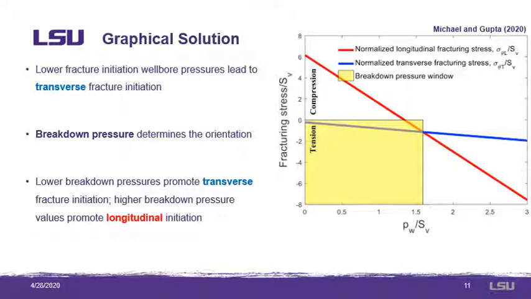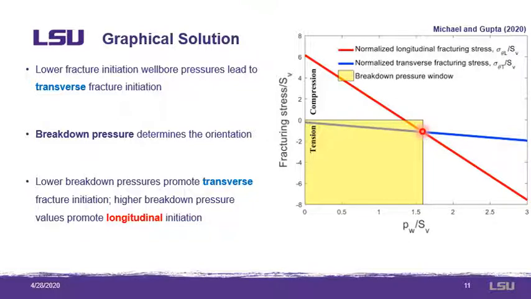When we plot those two fracturing stresses against the wellbore pressure, which by the assumption I mentioned earlier is equal to the perforation pressure, we see the red longitudinal fracturing stress starting from a highly compressive value, becoming more and more tensile as wellbore pressure increases, whereas the blue transverse fracturing stress begins from a small tensile value and slowly becomes more tensile at a rate much smaller. This creates an intersection point